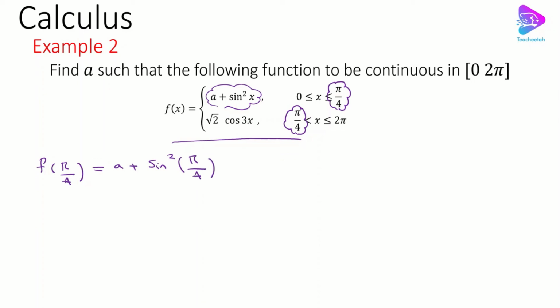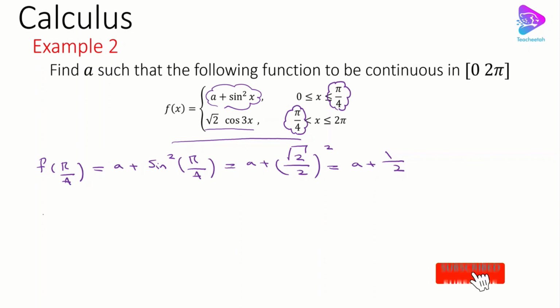We know that sine of pi over 4 is square root of 2 over 2, so it's going to be a plus square root of 2 over 2 squared, and this is going to make a plus 1 over 2. Okay, and for the other component we have square root of 2 cos 3x, and now we have to look at the limit. So it's going to be the limit of